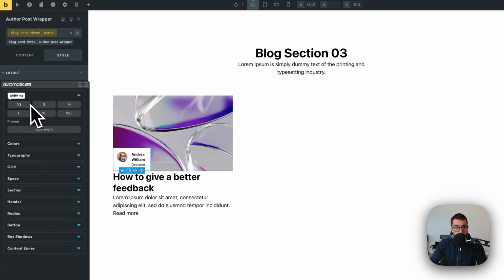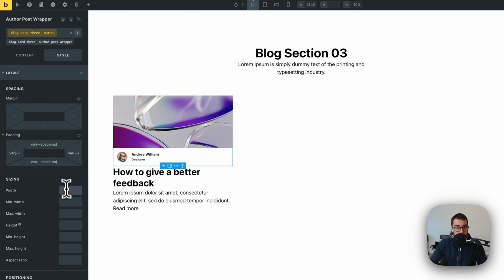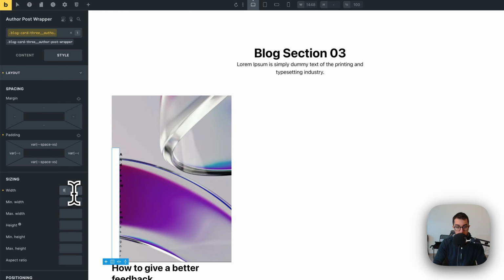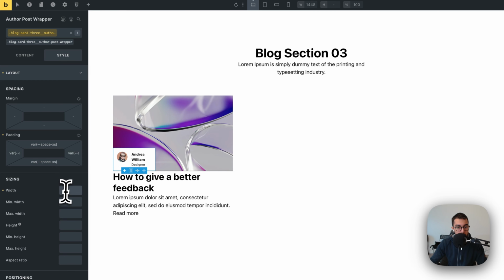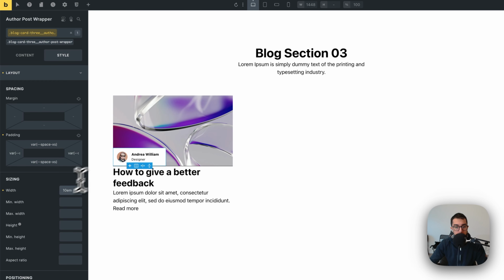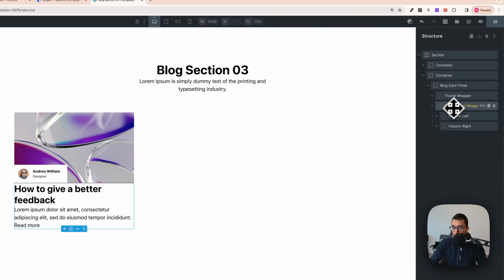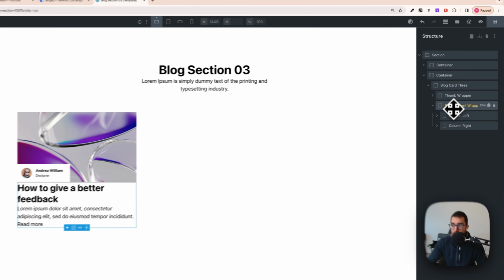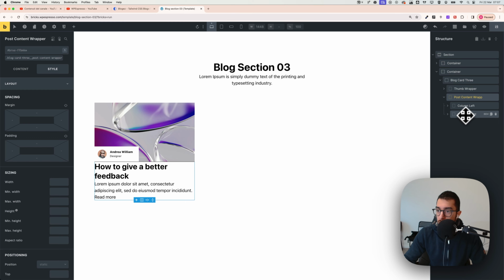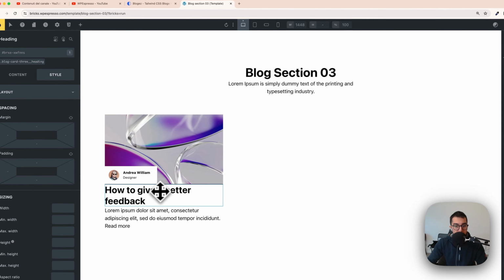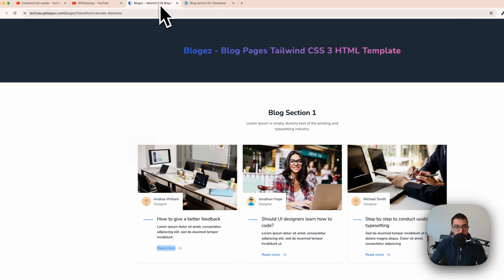I can use this, or you can just go here and say 8 EM, for example. No, it's too little, 10 EM, and now we have this one that takes this spacing here. Perfect. Now what we need to do is go on the post content wrapper and make sure to style those. So before styling those, I would go and style the title so that we see how much